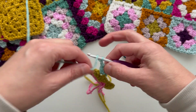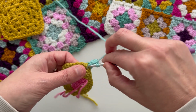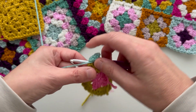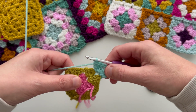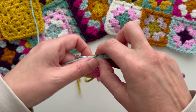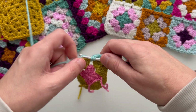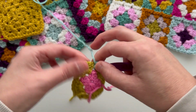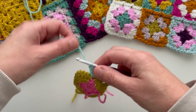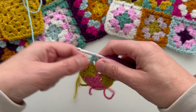One chain and 3 more trebles into that same chain space. And that's your first corner formed. Move along to the next chain space, which is this one here, and work 3 trebles into that space. Move along to the next space, and this one's a corner, so make your corner process, which is 3 trebles,